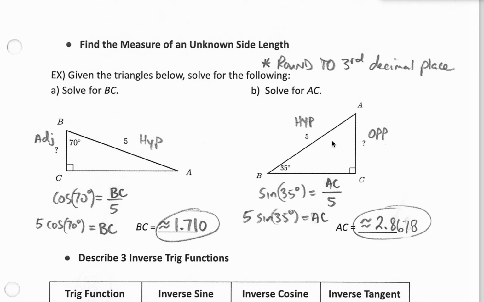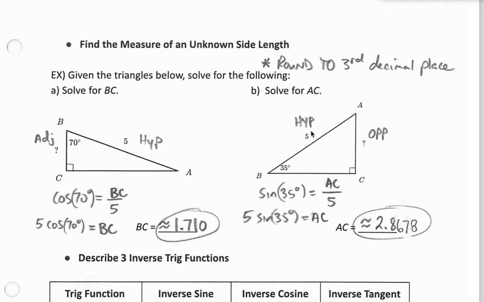We're here in part B. Relative to the angle of 35 degrees, we're asked to find the opposite side, and we're given the hypotenuse side. So what goes with opposite and hypotenuse in our acronym is sine. That's our SO part of our acronym, SOH. So the sine of 35 degrees is going to be equal to the opposite, or AC, over the hypotenuse, or